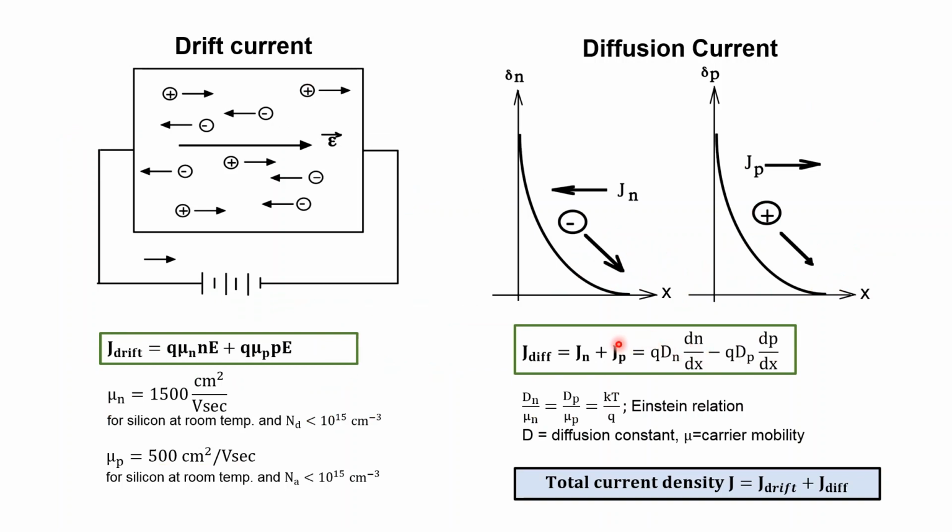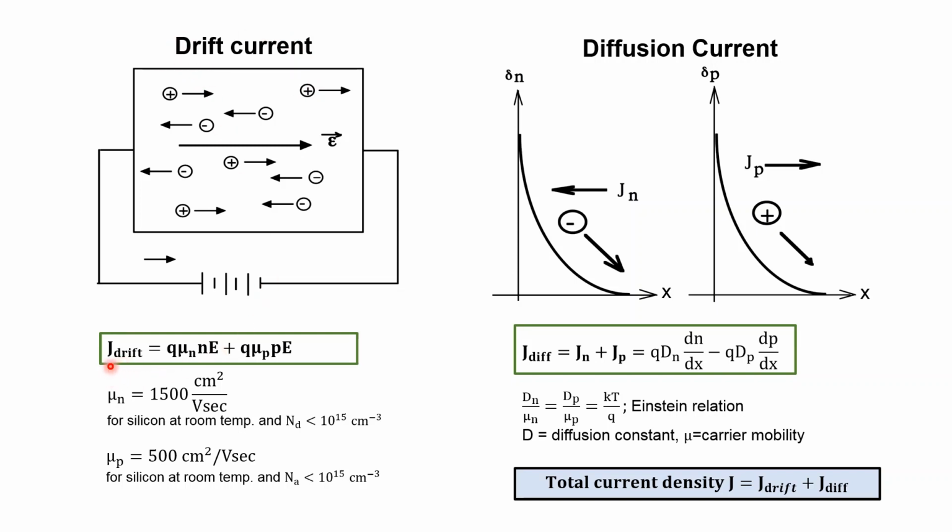There are two types of currents which we will be dealing with. One is the drift current and one is the diffusion current. So drift current is the current due to the electric field. So suppose we are applying an external electric field. So we have E in this direction from left to right. So the holes will move along the electric field and electrons will move opposite to the electric field. So holes will constitute some current and electrons will also constitute some current. So together these currents are combined to form the drift current.